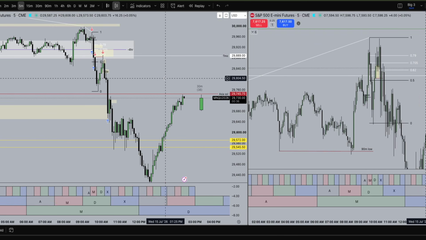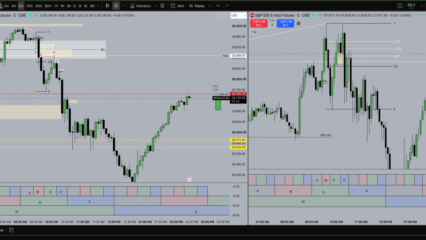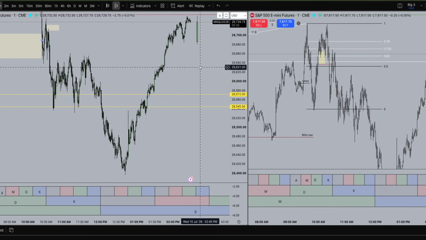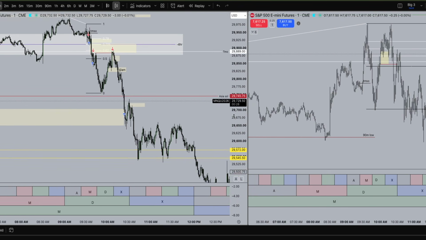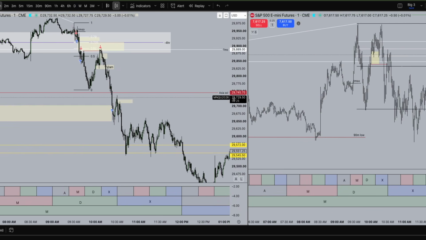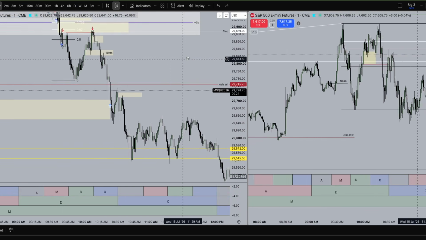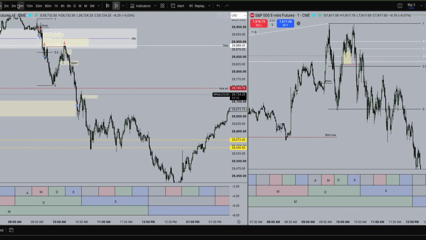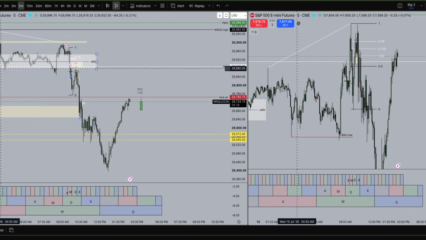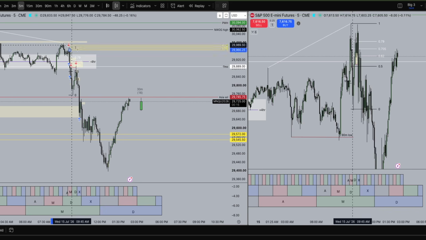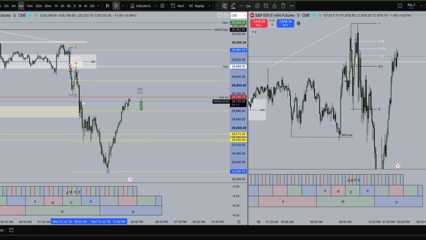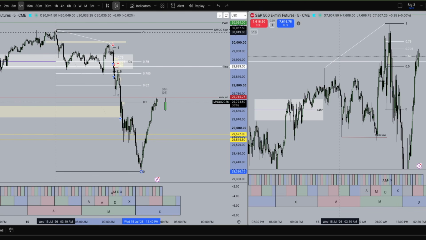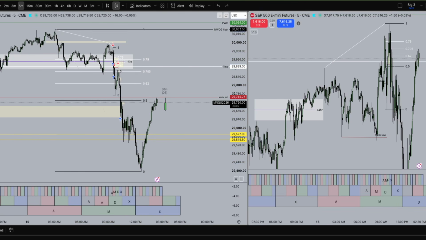Pretty simple day, but really you just had to be patient because some people probably took longs off of this. Let's be honest. Some people took longs, but I wouldn't want to be in there. You could map it out with cycles to see what would happen on PM, but this was a great move. And usually, I do want to mention, when we have great moves in the AM session, we do tend to make a great move to the upside of our CE, OTE range of the day, which is right here. So we're about at CE.